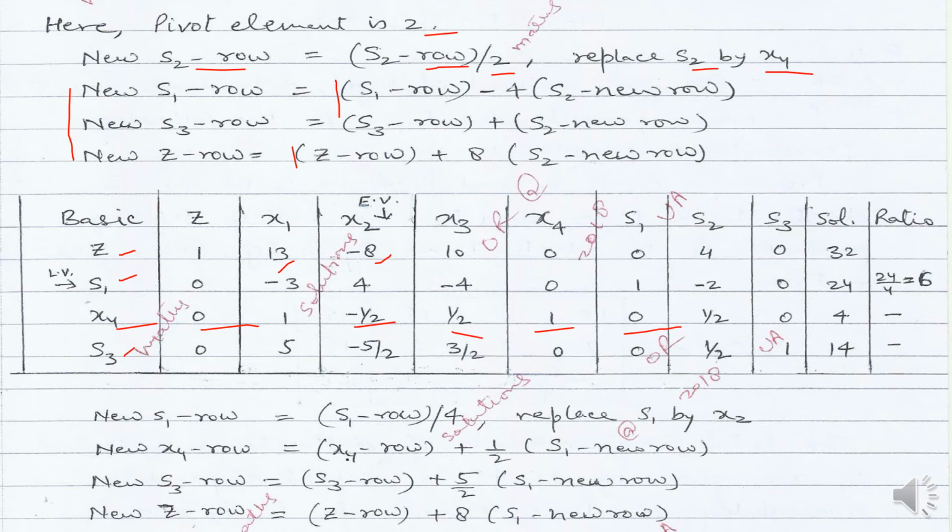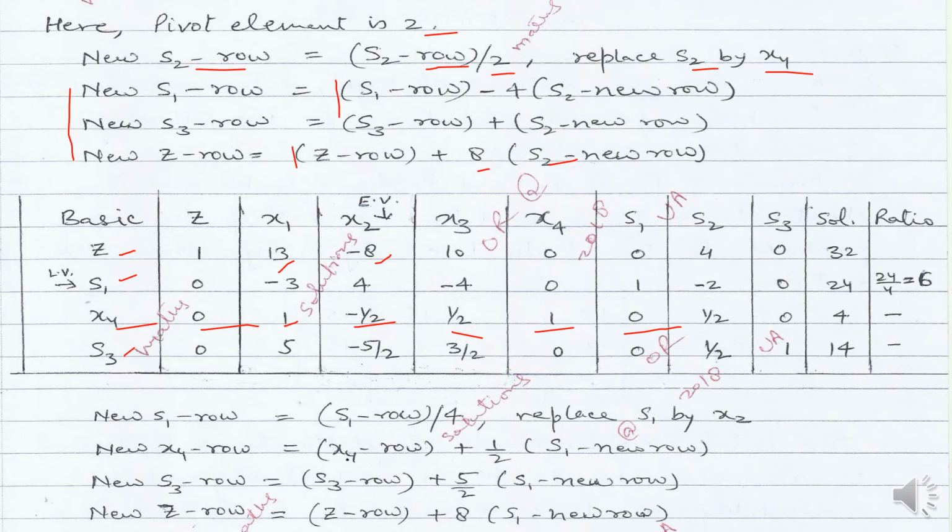So in the previous table, if you see the coefficient of x1, that is 5. So 5 plus 8, this 8 has come from minus 1 into minus 8 is plus 8 into the new S2 row. The new S2 row is 1 here, so we get 5 plus 8, which is equal to 13. And the coefficient of x2 in the previous table is -4. So -4 plus 8 into the new S2 row, which is -half, so -4 is equal to -8. In a similar manner, we can calculate all the elements of this table.